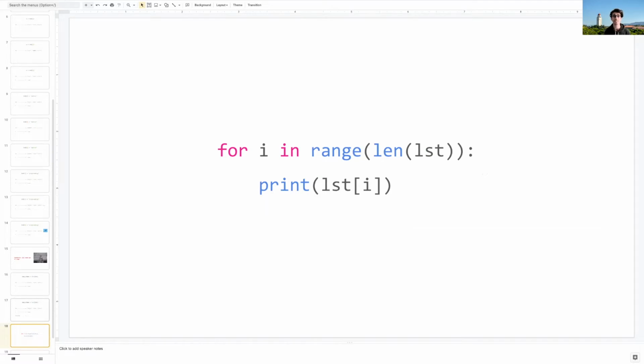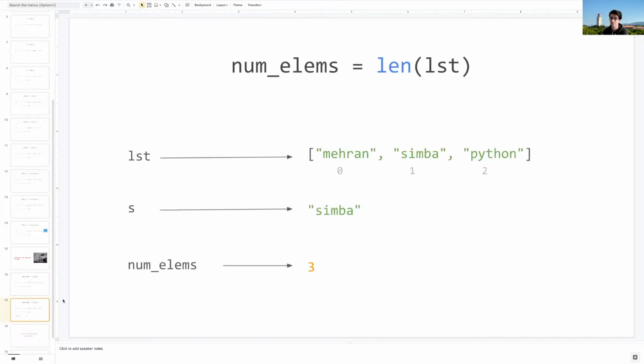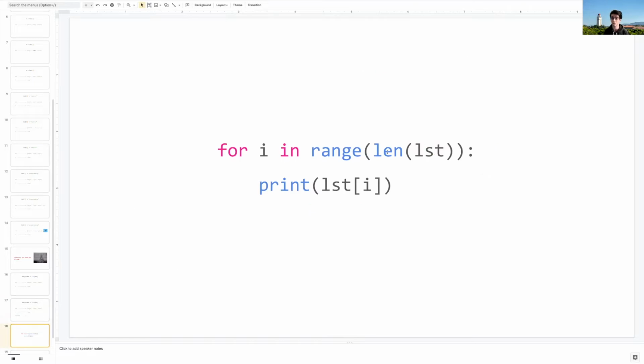Okay, cool. With that out of the way, now let's talk about one really important thing we can do with the list, and that's iterate over the elements in the list. For example, over here, what I have is a for loop that iterates over the range of possible indices in the list. So in this list, num_elem was 3, meaning the length of the list was 3, and the indices in that list were 0, 1, and 2, meaning that this range function would give us the range from 0 to 3, not including 3. That is the numbers 0, 1, and 2, which correspond to indices in the list.